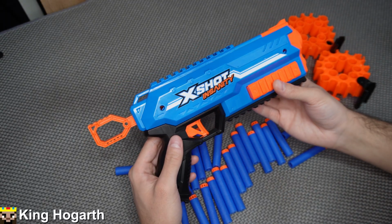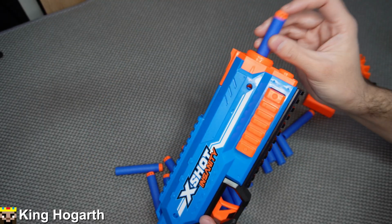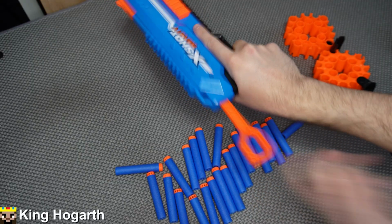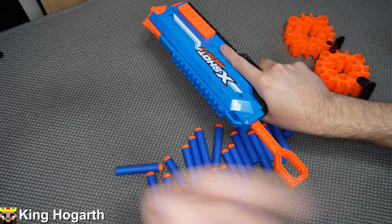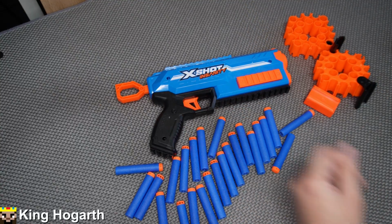Now the Manic is a pretty simple single shot spring-powered blaster. You load a dart into the barrel like so, pull back on the charging handle to prime it, and pull the trigger to fire. But before we take the Manic out on the range, I just want to make a